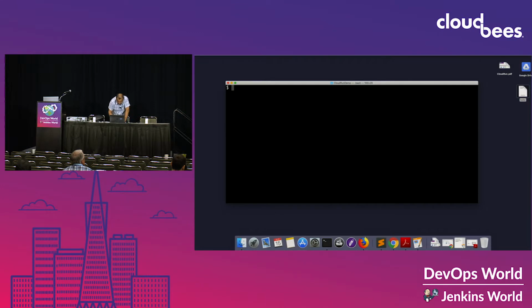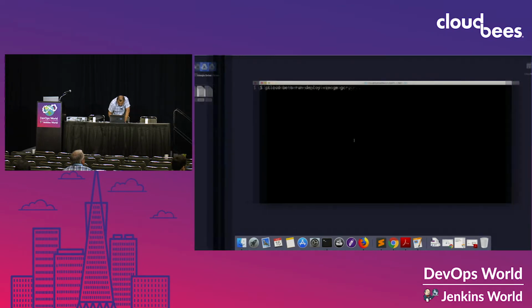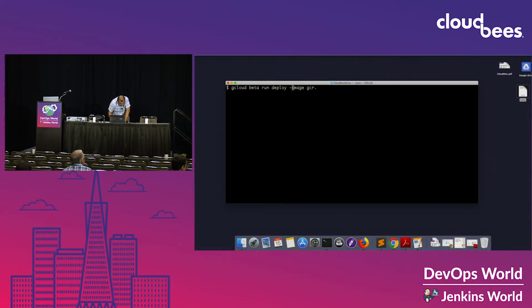Okay, so now that I have the image built, I'm just going to say gcloud. Cloud Run, by the way, is in beta, so that's why I have to add the word beta. Cloud deploy, and I'm going to deploy, and I'm going to talk about image gcr dot, is it a single dash or a double dash? It's a double dash here. Image gcr.io slash, that's my project name, demo slash